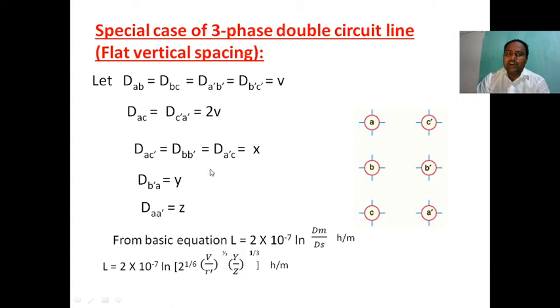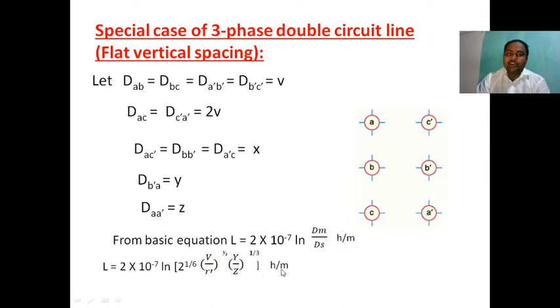Substitute all these values into the basic formula, which is 2 into 10 power minus 7 log Dm by Ds. Finally, we get the inductance L equal to 2 into 10 power minus 7 log of 2 power 1 by 6 into V by R dash, whole power 1 by 2, 5 by Z, whole power 1 by 3 Henry